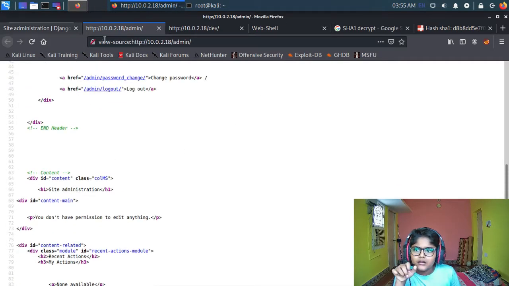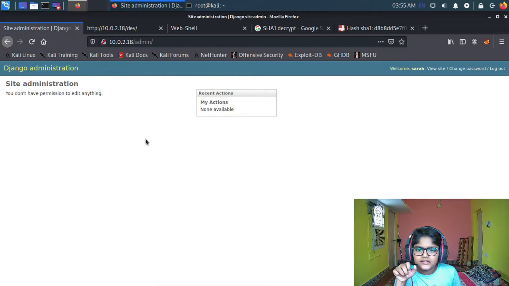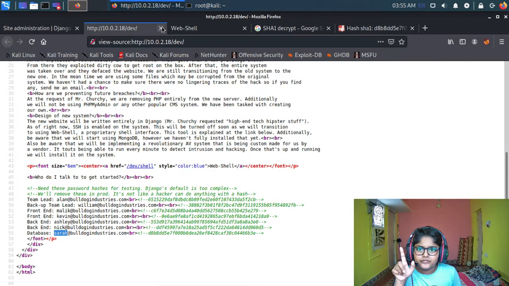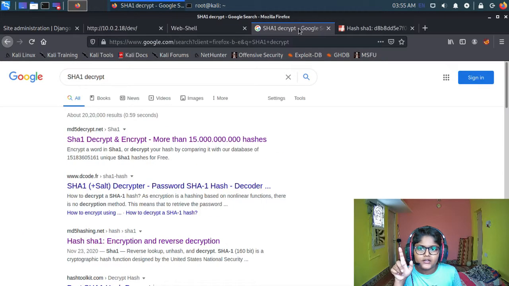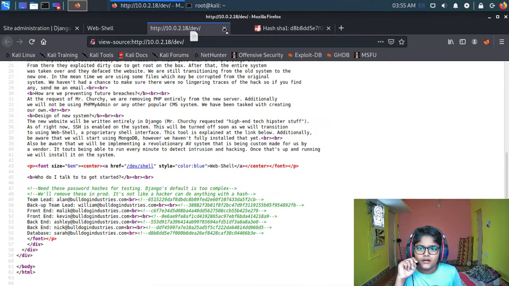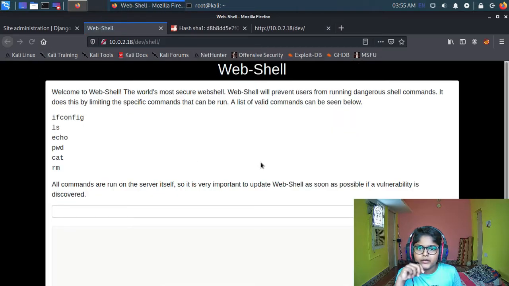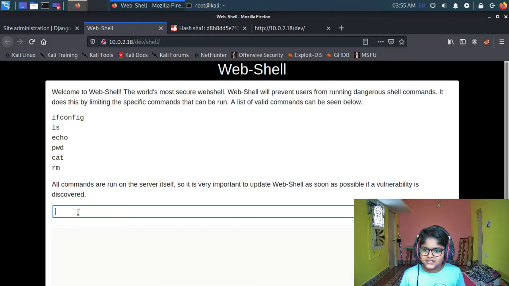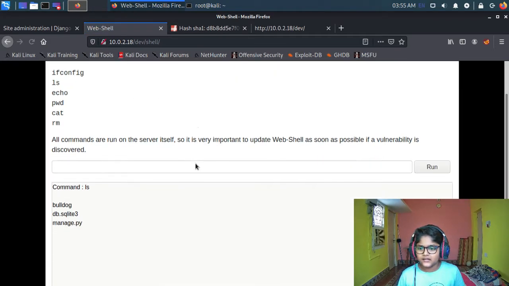Actually what happened here is we went into the website, right? So we might unlock the web shell thing. Let us go here and refresh the page. Yeah, we are logged in. Okay, super, this is good. So let us list all the files. Actually these are the limited commands we can use. Let us use ls to list all the files here.